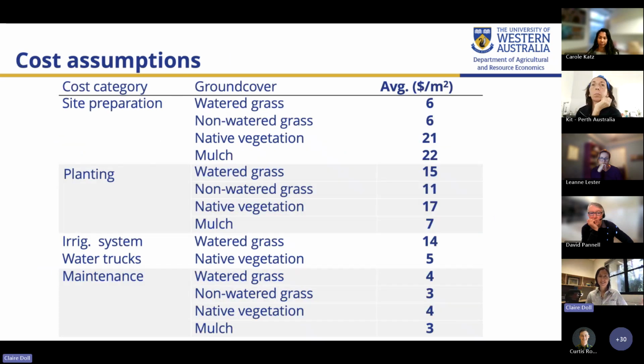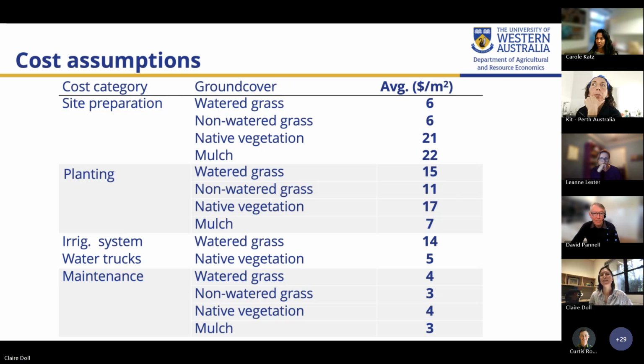So we've got our benefits. Now we look at our costs. Coming up with robust cost assumptions is not always easy in benefit cost analysis, and it often relies on close relationships with subject matter experts who are actually doing the management on the ground. So we worked with local governments, with 11 different local governments, to try and get cost estimates to factor into our benefit cost analysis.